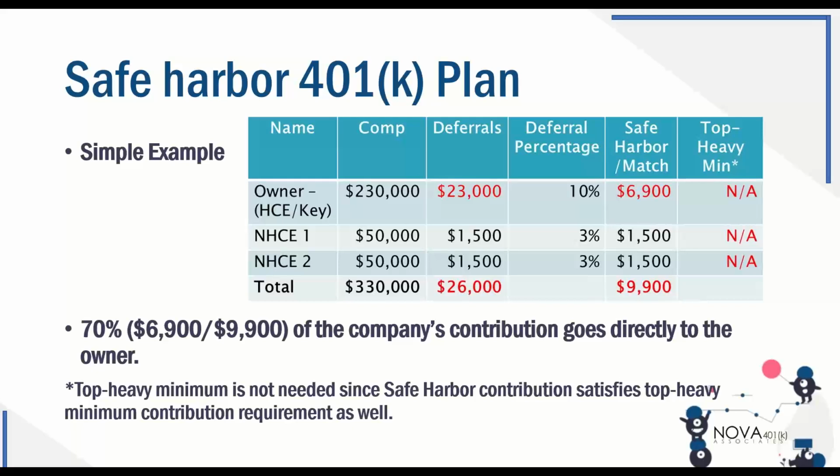Just in case we have anybody that's not aware, the acronyms HCE and NHCE stand for highly compensated employee and non-highly compensated employee. The distinction between the two is not the standard of how you may think about it, but the highly compensated employee is defined as an employee who makes more than $150,000 in 2023. Those would be our 2024 HCEs. So anybody who makes less than that in 2023 would be a non-HCE.